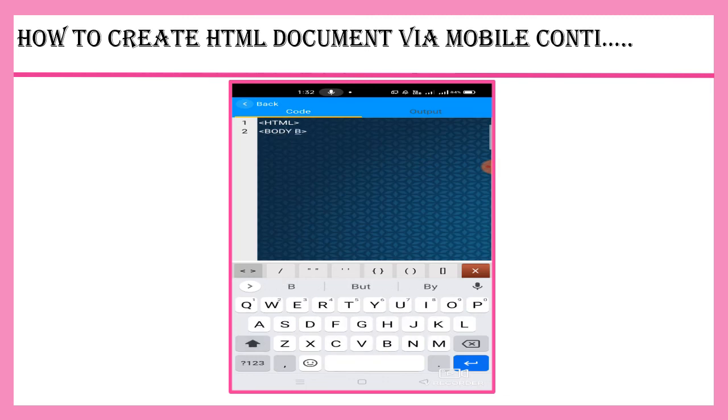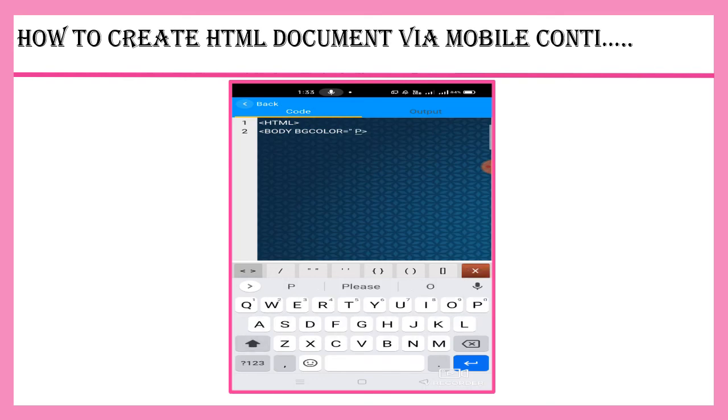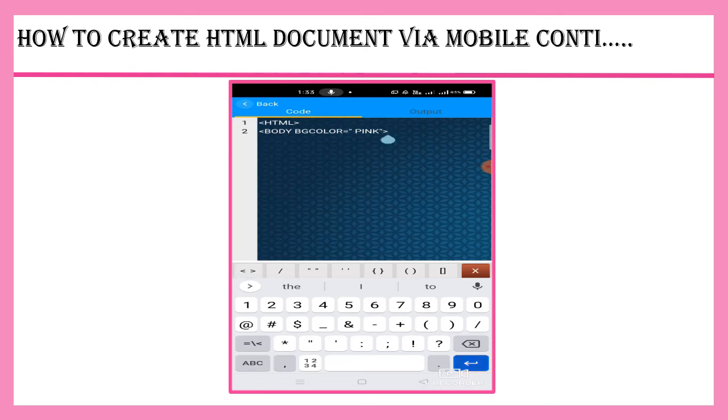Body BG color equal to. Children, from your keyboard you can select these special symbols. You can long press and make use of them. Double quotations. My favorite color is pink. So I am giving pink. Here BG color is the attribute and pink is the attribute value.